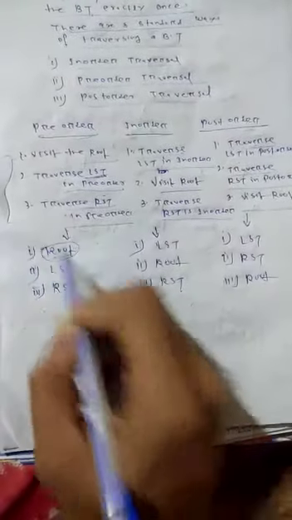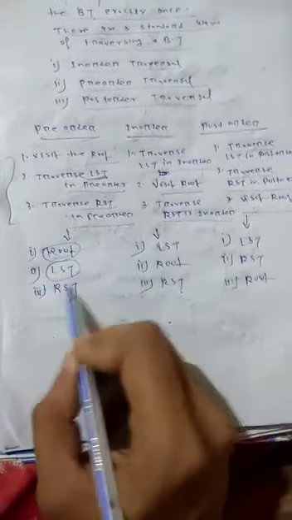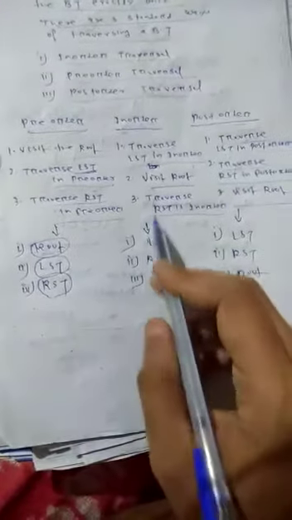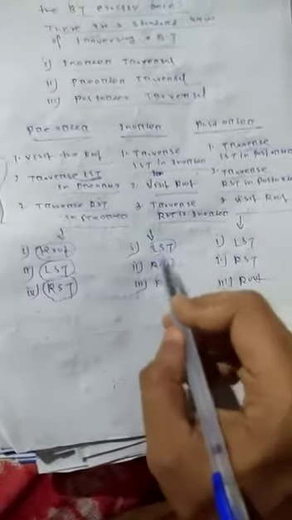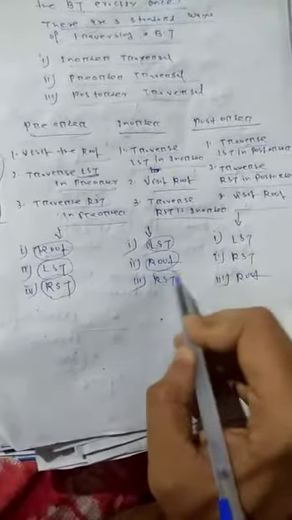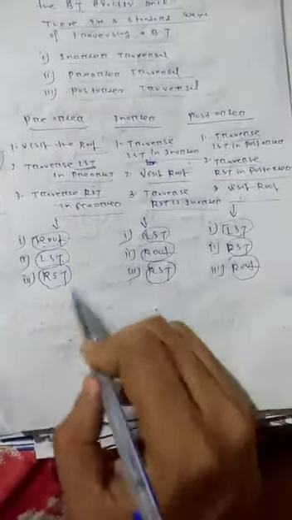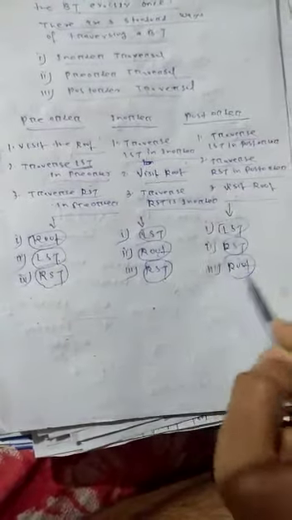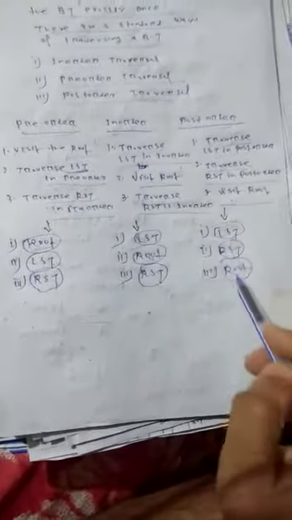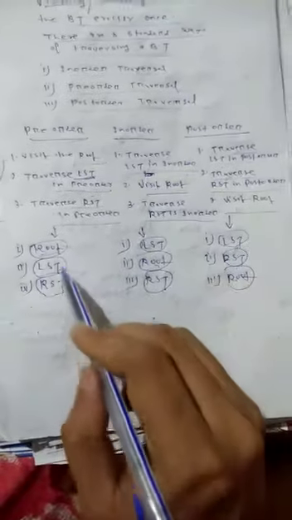So we have to remember that in pre-order you first visit the root, then traverse the left subtree, then the right subtree. In in-order, first the left subtree, second the root, then the right subtree. In post-order, first the left subtree, then the right subtree, then the root. So remember: root LST RST, LST root RST, and LST RST root. The root is first in pre-order, second in in-order, and third in post-order, and the sequence LST RST is the same in all three. In this way we have to remember.